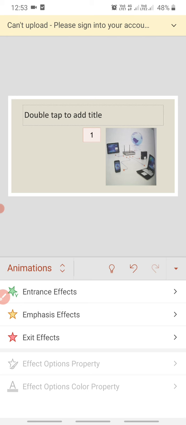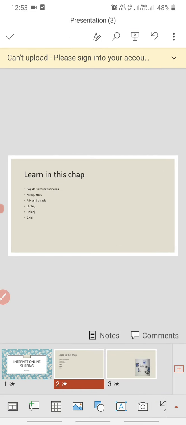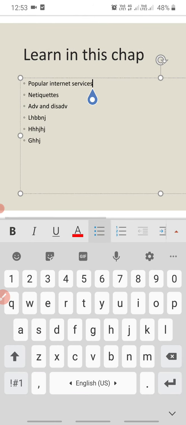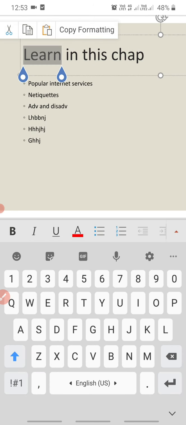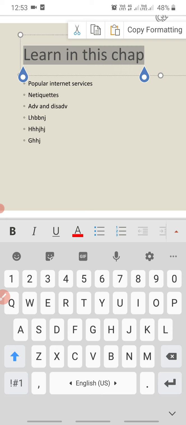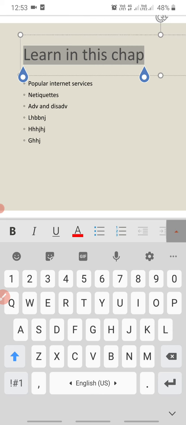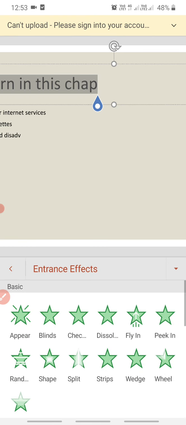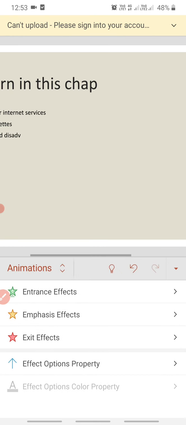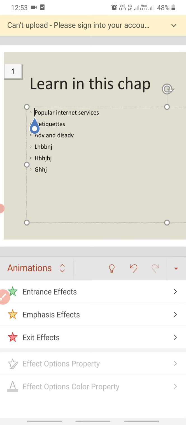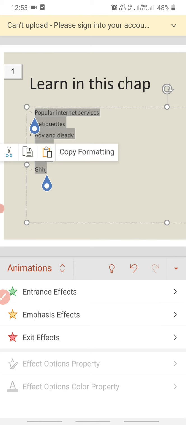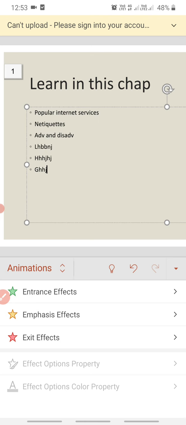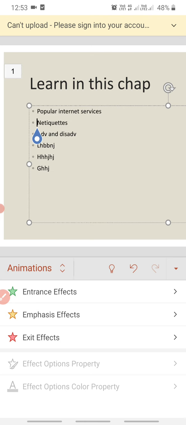Okay, then going back to the second slide, I want to add animation to this also. Double tap, select the heading or select the text, whichever you want to get animated. Entrance effect, click on entrance effect. Line I am taking, and for this I want them to appear one by one, so I'll apply the animation effects to this first one.